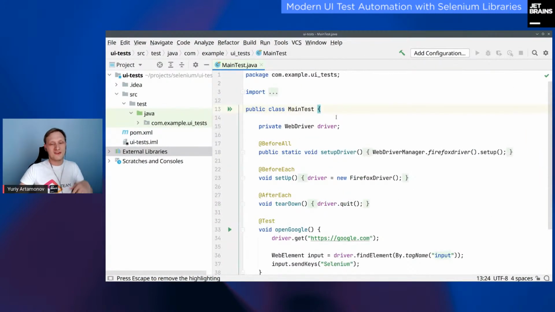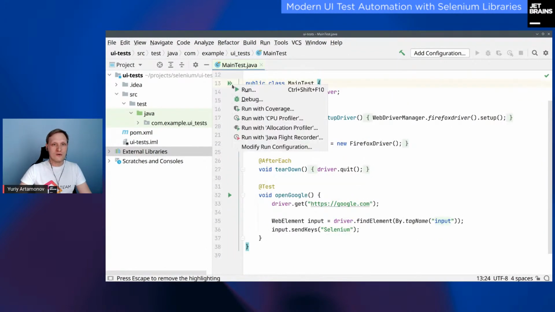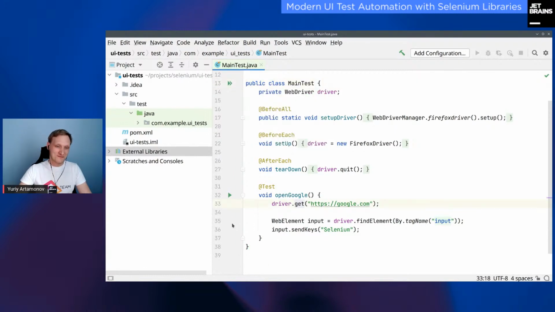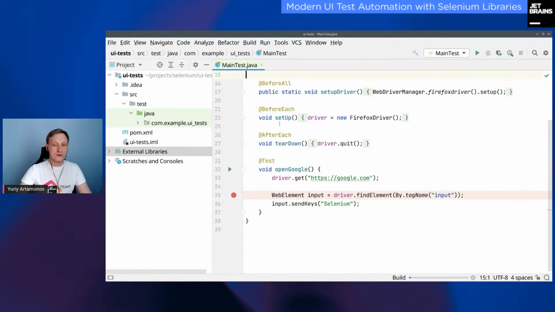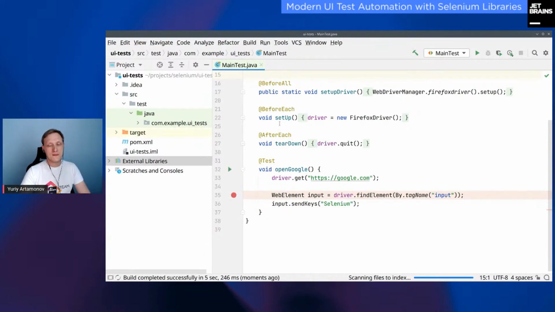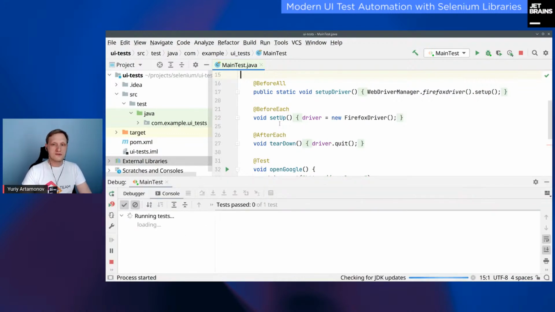Let's see if we can run this code, because I'm brave enough and I'm trying new stuff every day. But I don't know, maybe this should not run at all. Let's go and run this code from the gutter icon. Just click here and click run, and I will set a breakpoint here just to see the moment that we have Firefox opened and Google opened there. So now I can see IntelliJ IDEA is running my JUnit test, building everything, setting up, and we should see